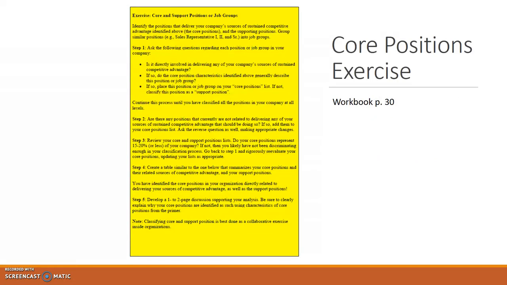So you'll want to look at workbook page 30 to see this exercise on identifying your core positions. It'll be much bigger and easier to read. But quickly, just to review this using the slide, you've got a 5-step process for identifying your core positions. Step 1 has some specific questions for you to answer to help you discern what the core positions are at your organization. The second one